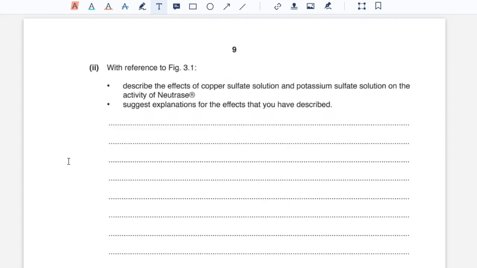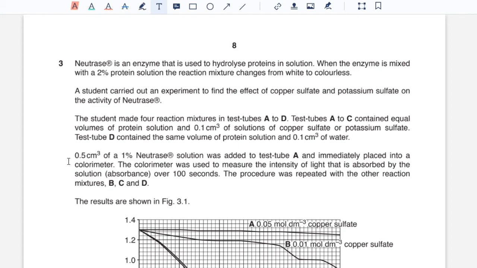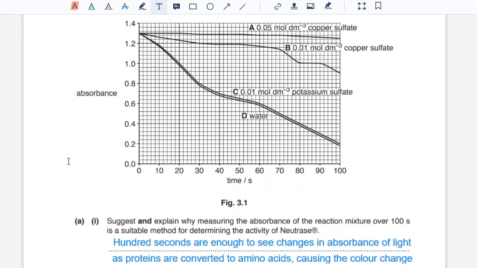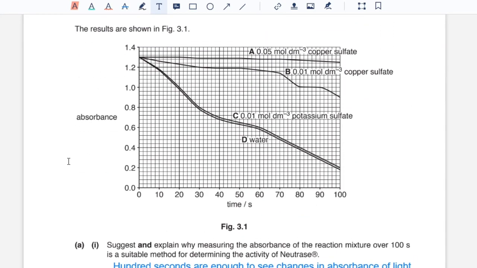2. With reference to figure 3.1, describe the effects of copper sulfate solution and potassium sulfate solution on the activity of nuclease. Suggest explanations for the effects that you have described. So with time, the enzyme converts proteins into amino acids, and the absorbance decreases as the white color fades into a colorless solution. In solution A and B, due to presence of copper sulfate, the absorbance does not decrease as